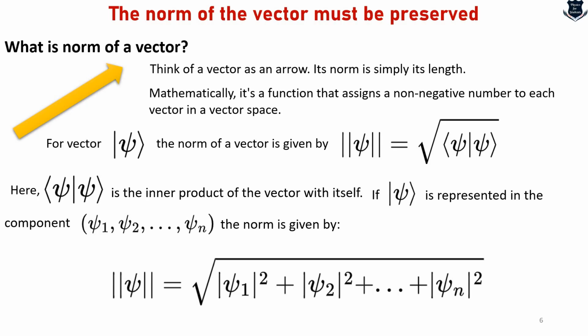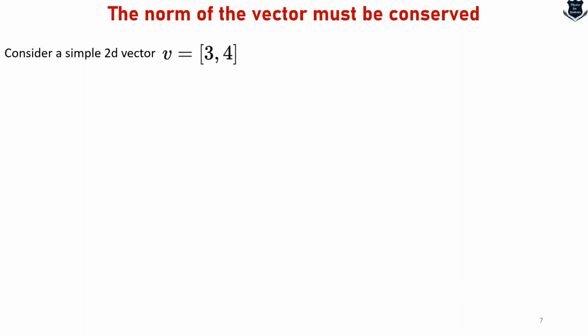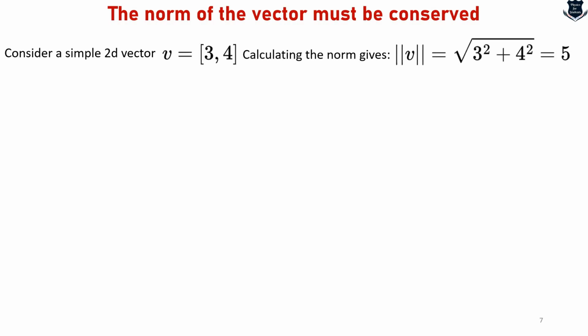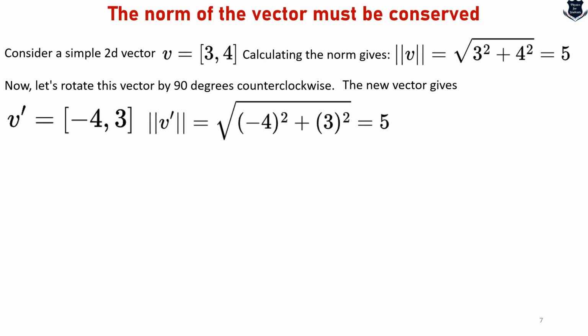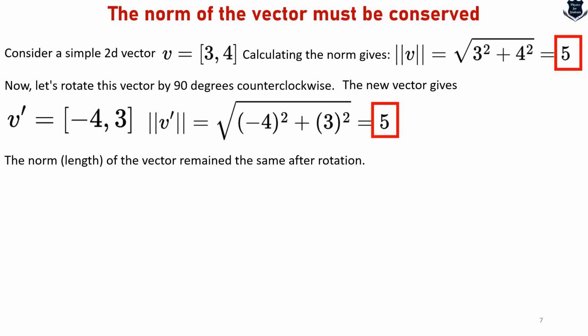So let us consider an example. These are all things which should be taken into account with numerical examples. If we take a simple 2D vector (3, 4), then we can square it by the rule that I have just shown, and we get a vector norm which is 5. Now suppose I rotate this entire two-dimensional vector by 90 degrees counterclockwise, and the new vector gets a negative sign because I'm rotating counterclockwise: (-4, 3). When I square -4, it becomes 16, plus 9, 25, and the square root of this is 5. This is a very simple example to show you that the length or the norm of the vector remains the same after rotation. So this is 5 and this is 5.